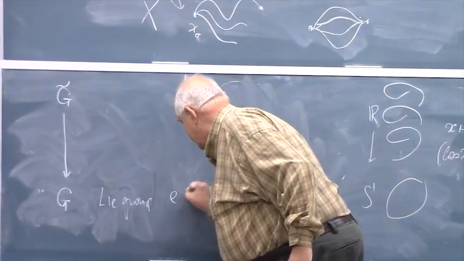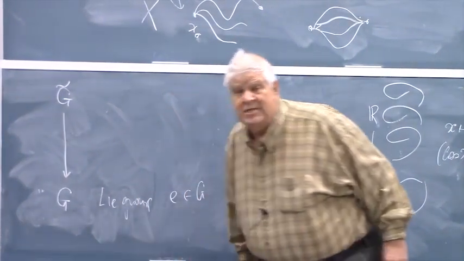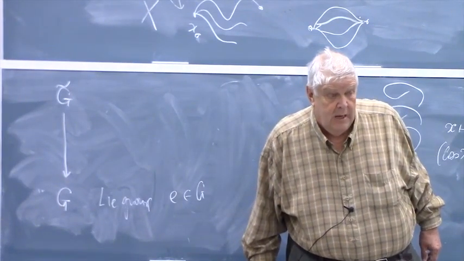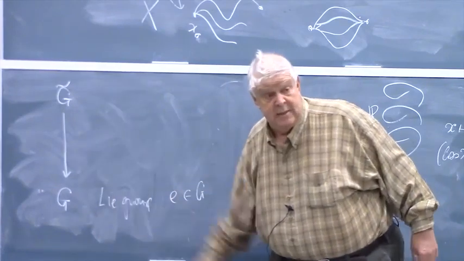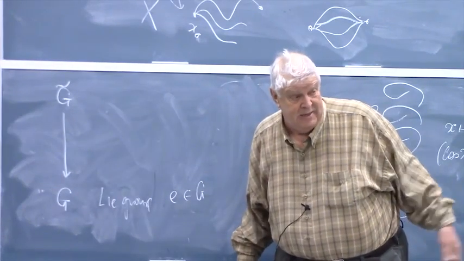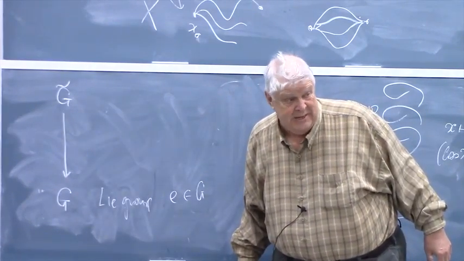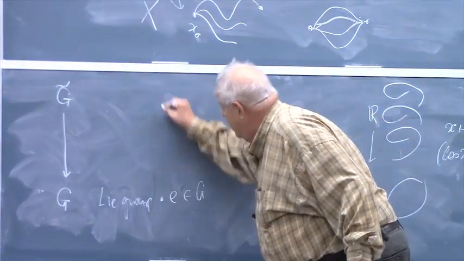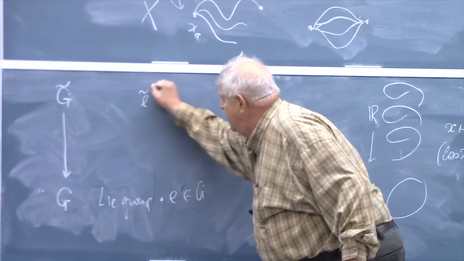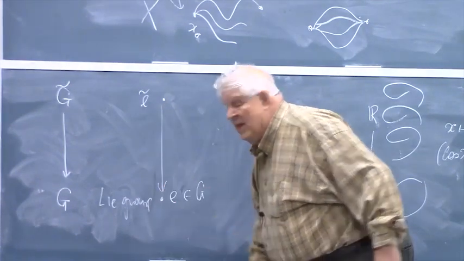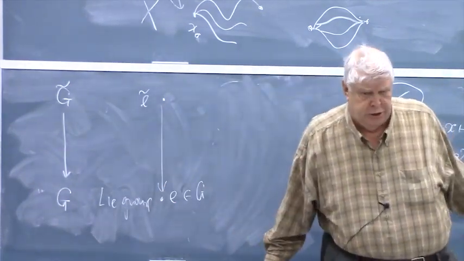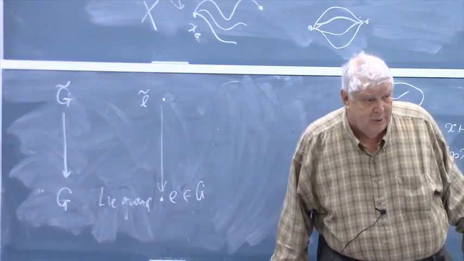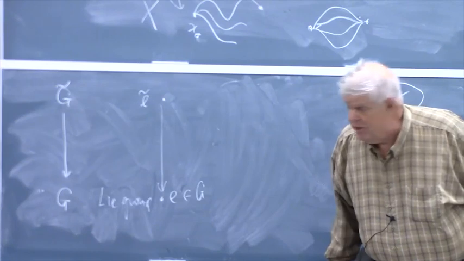As such, it has the identity element, right? The inverse image of this identity element consists of some subset of G tilde, and I choose one. So this is E, and I choose E tilde, which is projected onto E. This choice is not unique, but I make this choice. As soon as I do it, I can say that G tilde